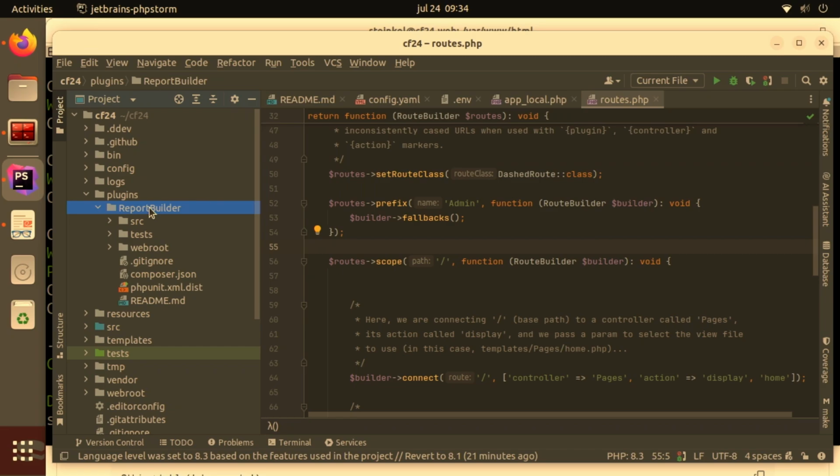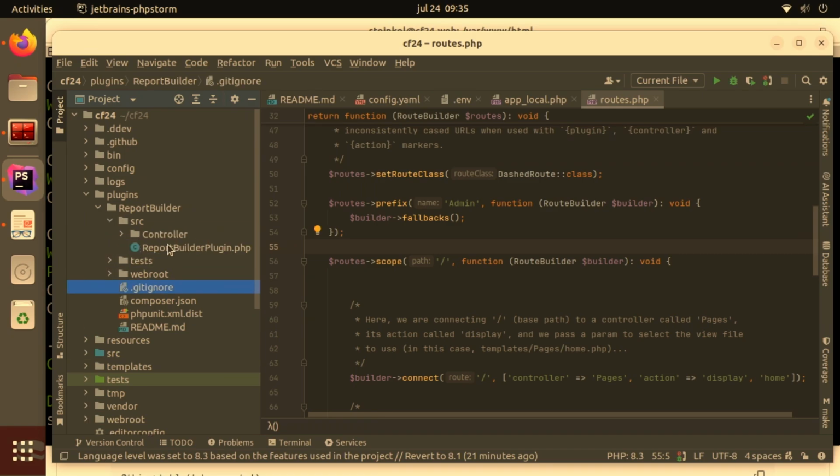You can see for the CakePHP plugins, the structure is similar to the main application. So you can see there is a source folder, tests, web root. Inside of the source, you can add additional controllers, additional models, tables, entities, etc. All these things are going to be reusable into different